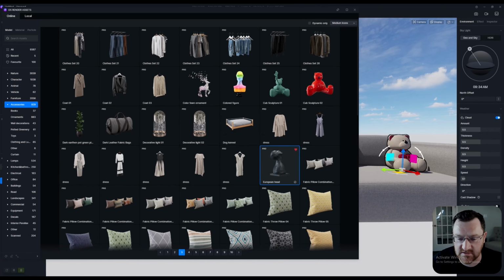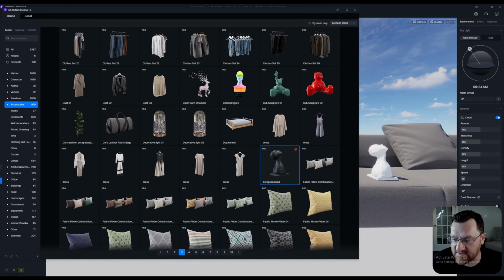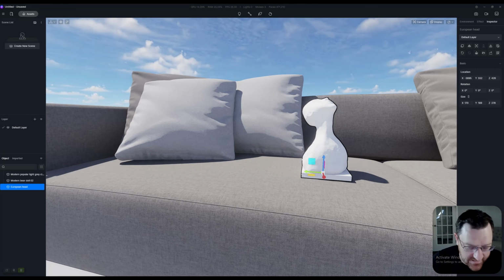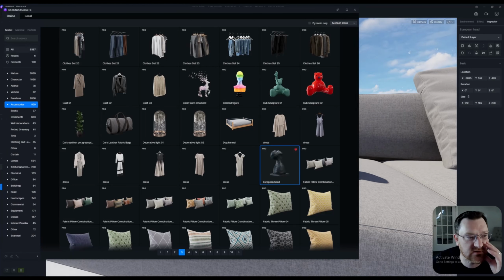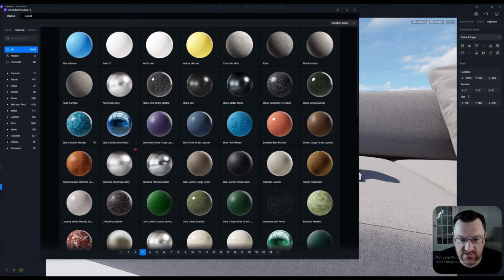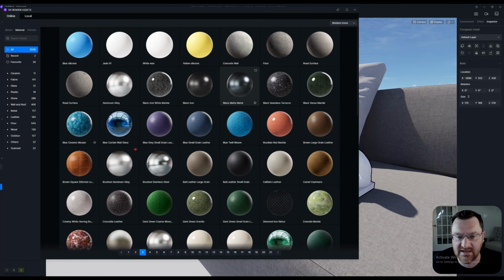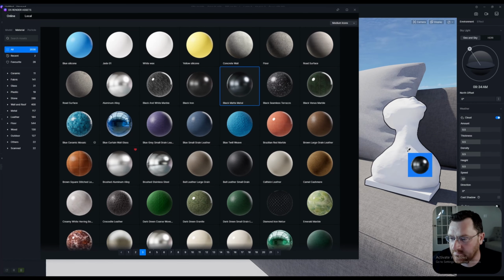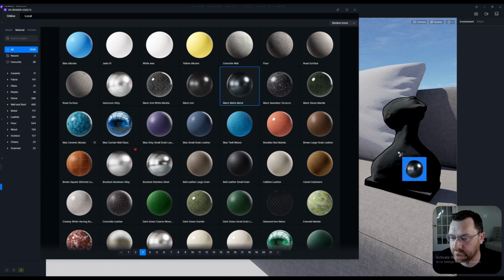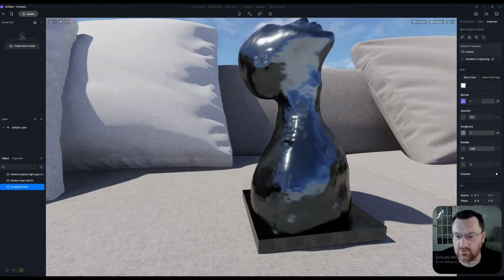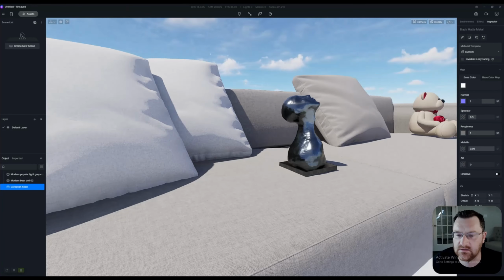Let's download this European head model and place it right here. Now, what I mean by that is you can go in and change the materials on many of these models, something that other software doesn't necessarily let you do. So I can grab a material here, and we'll just pick this black matte metal, and I'm going to apply that to this model. There we go. And you can see it updates in relative real time,